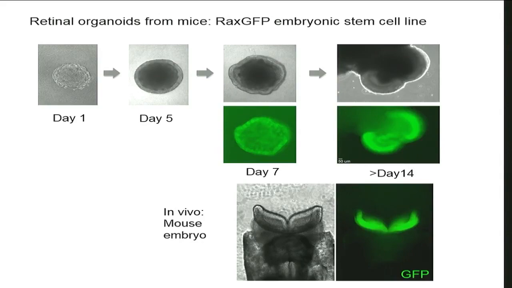So this was a phenomenon that first attracted my attention because in humans, in human retinal cultures, we had found that if we take ES cells and make organoids from human retina, they take about 3 months to get the first evidence of rhodopsin expression, of rod formation. And in mouse ES cells, it takes about 3 weeks. So this got me wondering, why would there be such a difference between species?